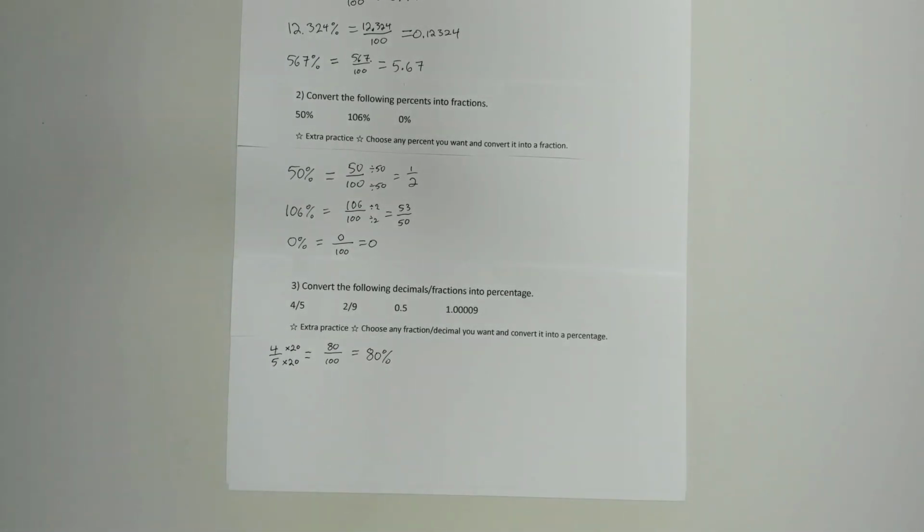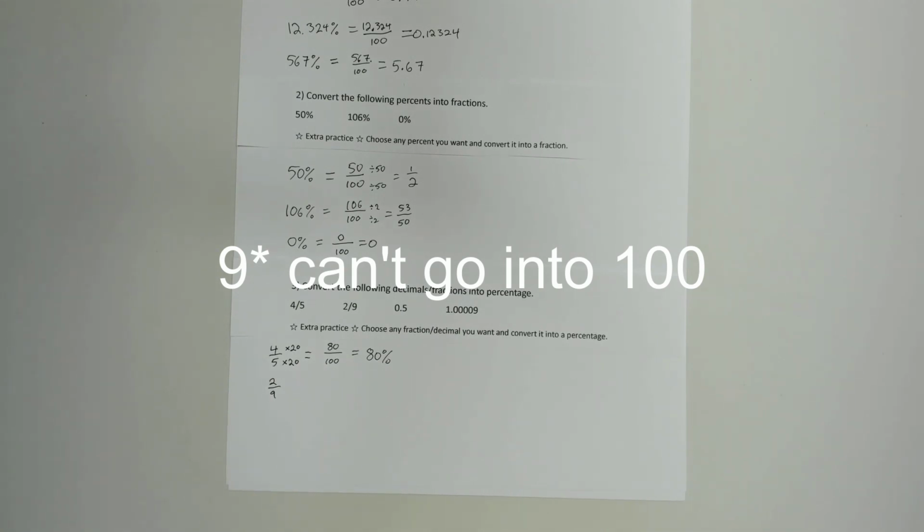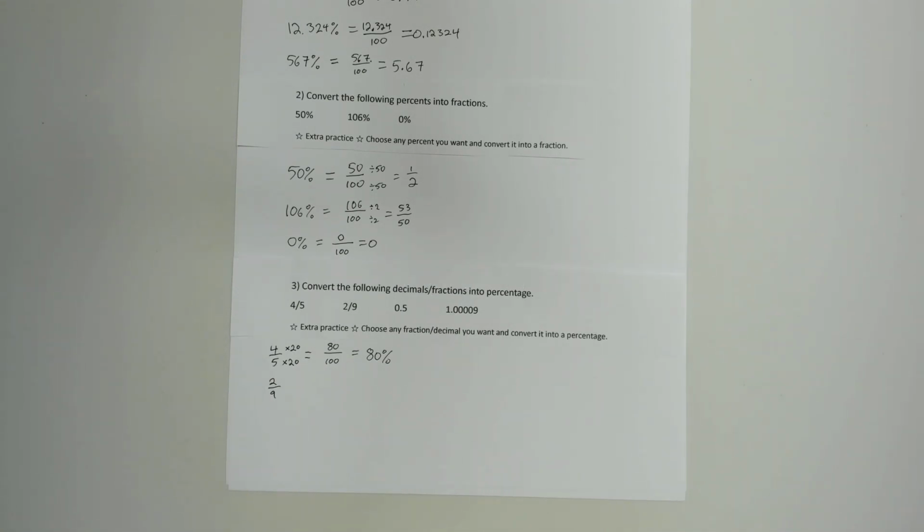All right, good stuff. Next one we have is 2/9. Now, 2/9 can't go into 100, not evenly anyways, right? We know that 9 times 11 is 99, and then if we add another 9 to get to the next multiple, we pass 100, right? So